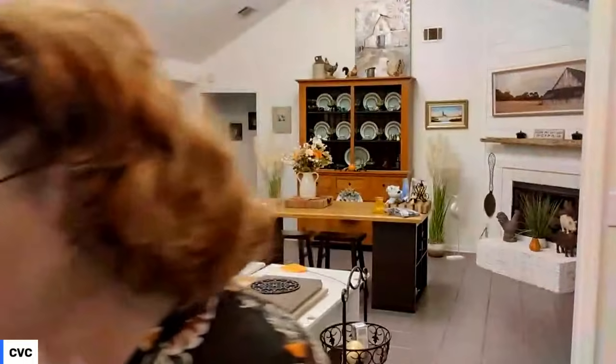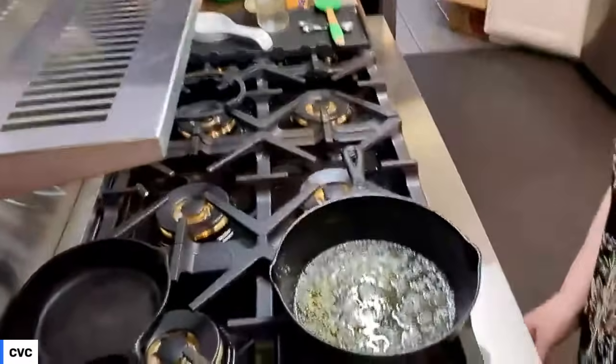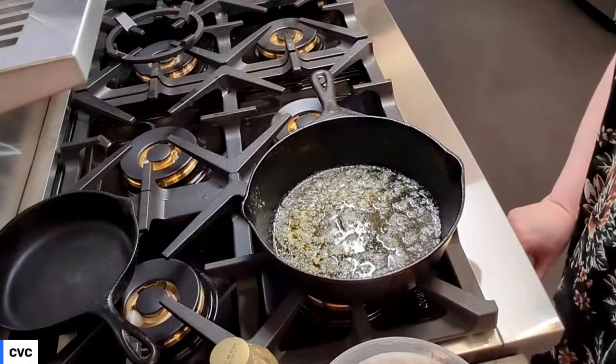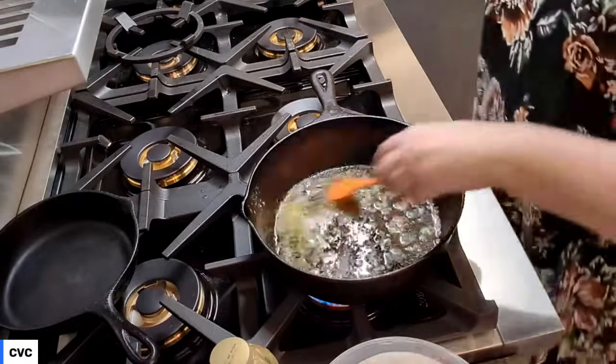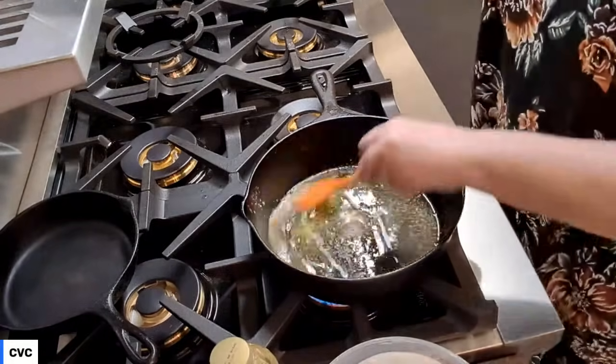All right. So we're going to start again and see if we can't get this ball rolling. So we've got a stick of butter, which is a half cup. You're going to start with a stick of butter, a half cup of butter, and you're going to melt it. Now, once it's melted,